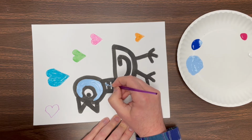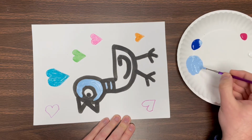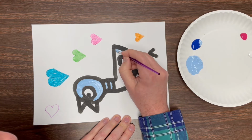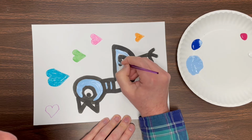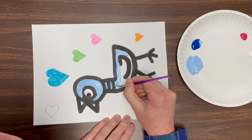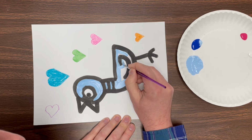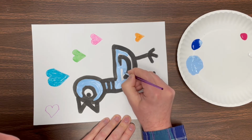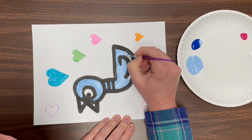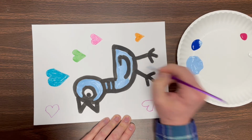And I'm gonna paint here. I'm gonna add a little bit more paint to my brush, and I'm gonna go around here. Now we wanna be very careful that we're not painting over too much of our black. We don't wanna cover up the wings or the edge of my bird, so we're gonna paint around those things. So I'm gonna fill in all this space with my lovely blue tint. Now after that's done,